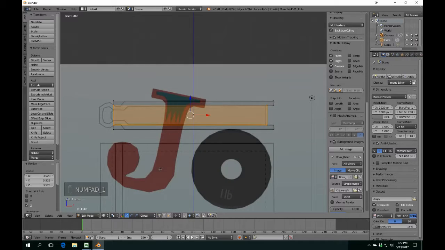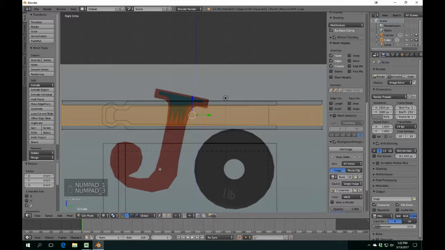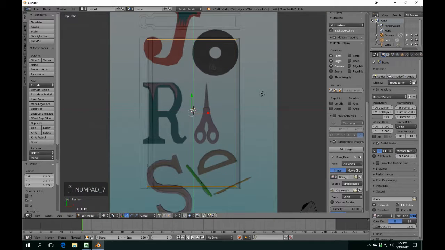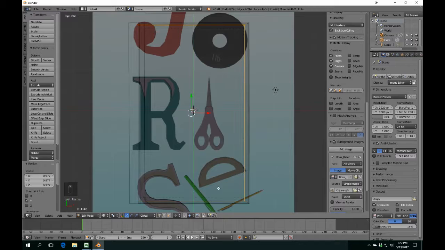We also need to do this on the Y. So we're going to press the S key and the Y key. And if we go into top view, we can see it better. We just want to line it up with the dotted edges or dotted lines on the background image. You can see one's here and one's up there at the top. Scale it in on the Y,